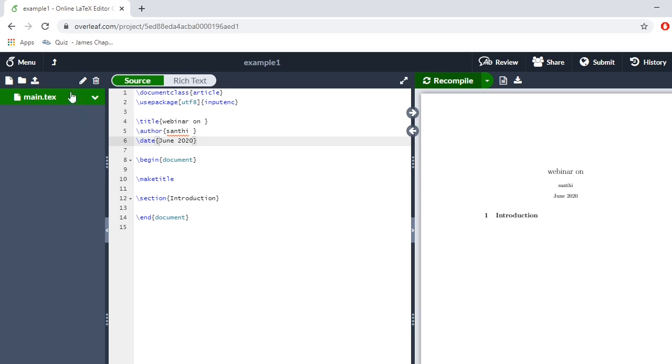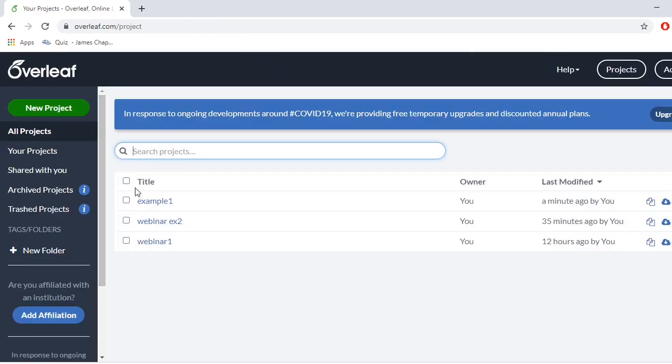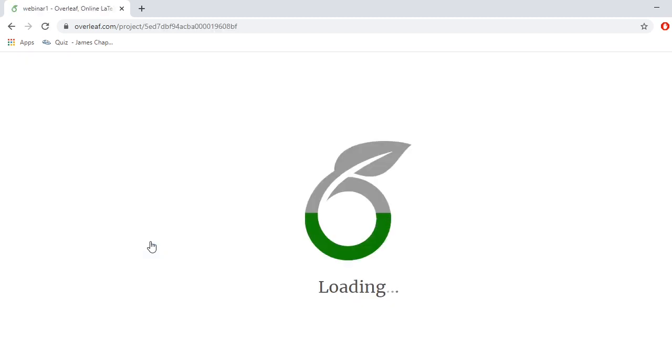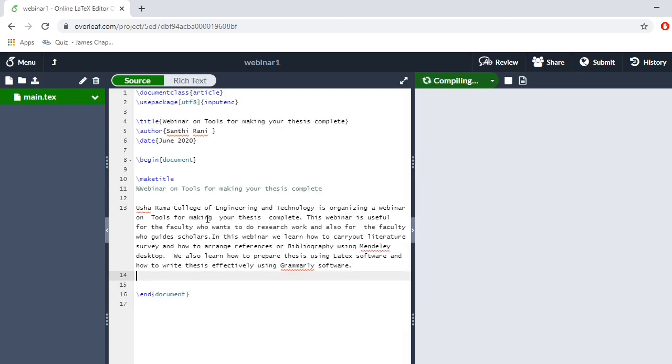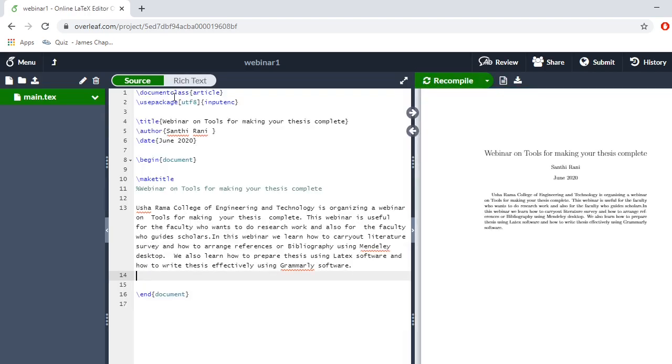Let me open that program, and everything will be the same, only the paragraph differs. Documentclass, usepackage, title, webinar on tools for making your thesis complete, author name, date, everything.